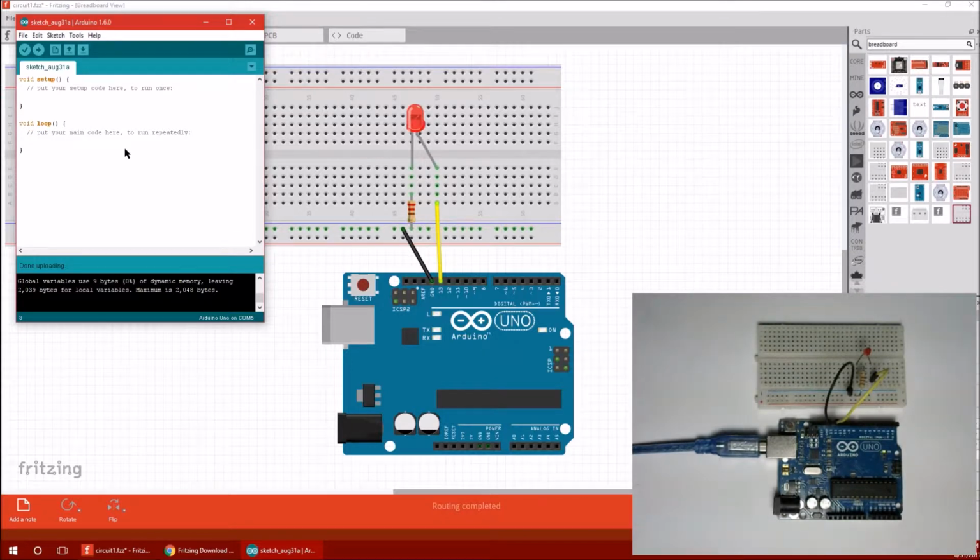So what I'm going to do is write a program that just turns that LED on. How about that? By convention, when you're inside of a function, you tab in by one tab. I'm going to go ahead and get rid of that stuff actually. Okay, so tab in one tab. So what we're going to do is, in the setup, tell that pin that it's an output pin,